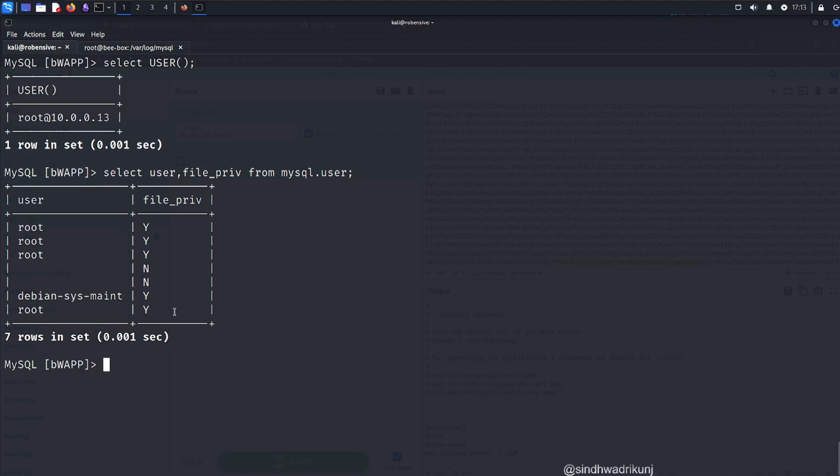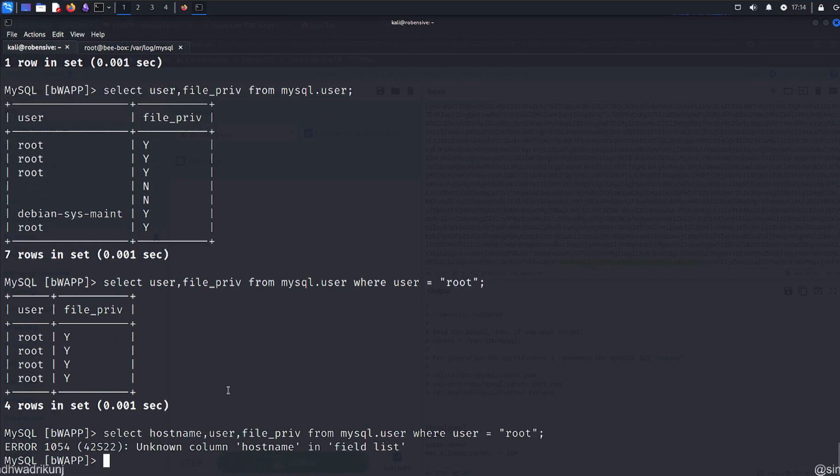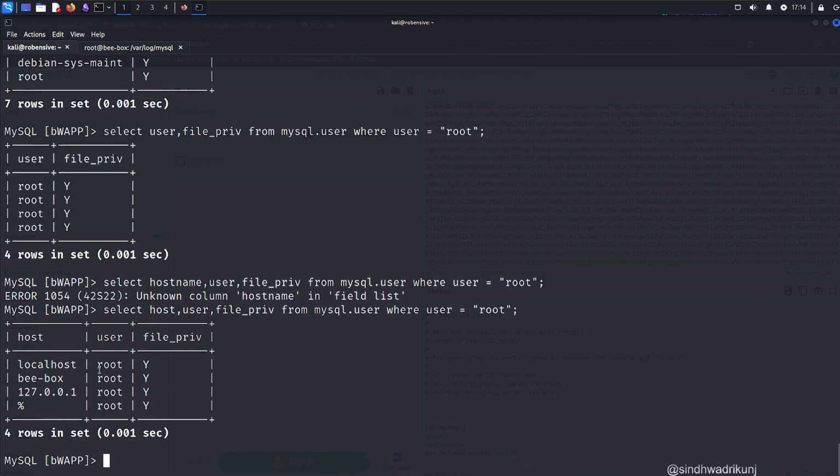All the root users have this file permission. What I can do is add a condition where user equals root. And that says that root user has this particular permission for all the different cases. The cases means, if I add an additional column here, I guess it's hostname, or maybe host. Yeah, host. So it says if anyone from the localhost using the root account connects, then they are going to